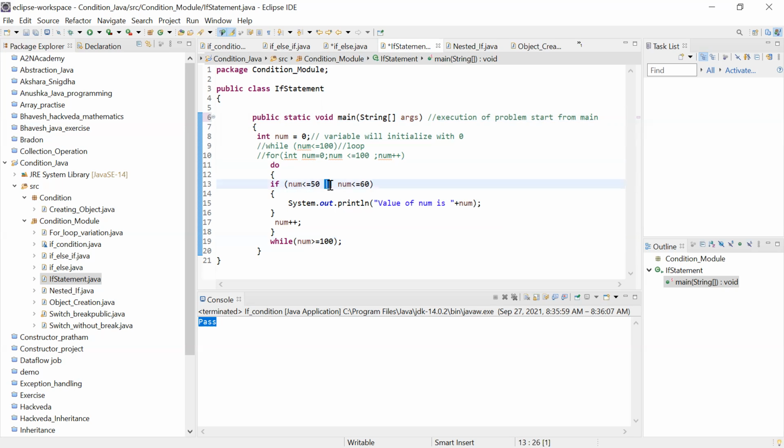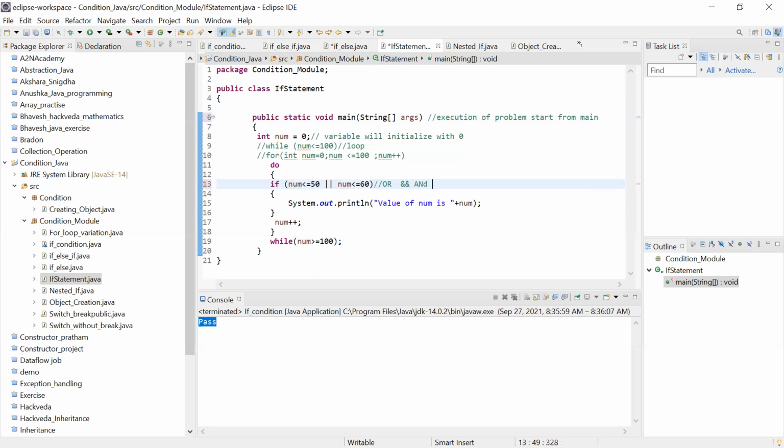And if you remember, I told you about the AND operator and OR operator, right? This is the OR operator, two pipe symbols. If you don't remember, just go to the Oracle website, logical operators, or the lectures where I explained logical operators. It is already there on YouTube. You can watch it there. This is the OR operator. And what does the OR operator say? If any one of the conditions is true, then you are going to print the statement.